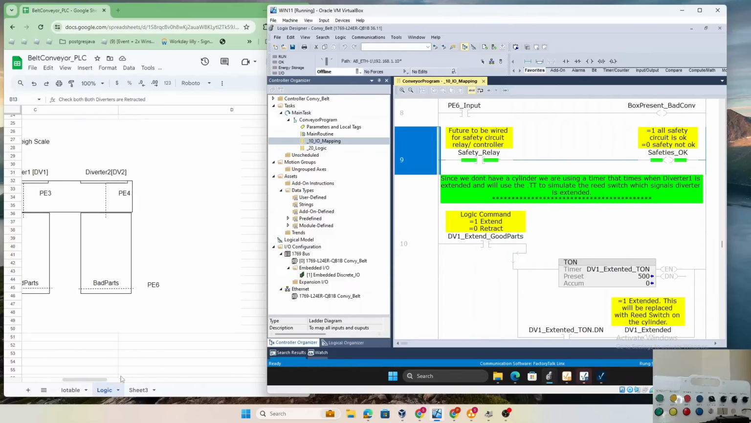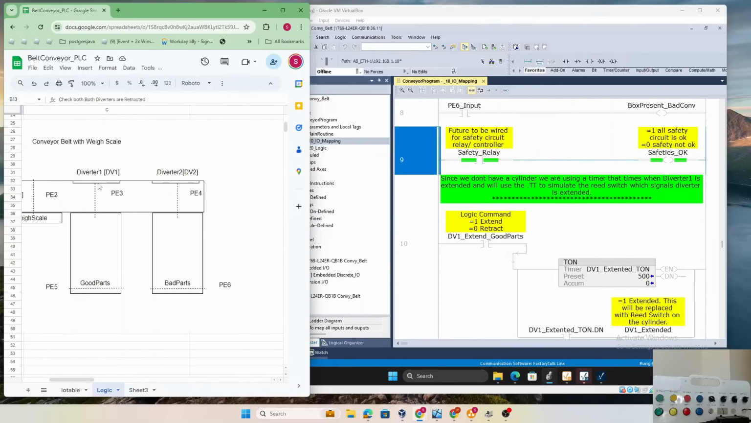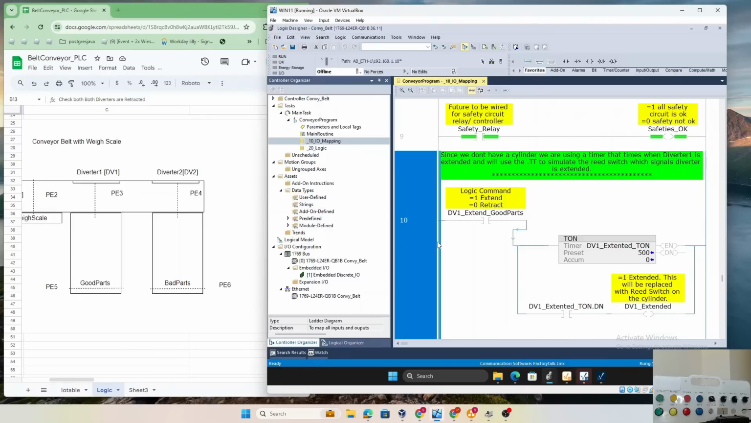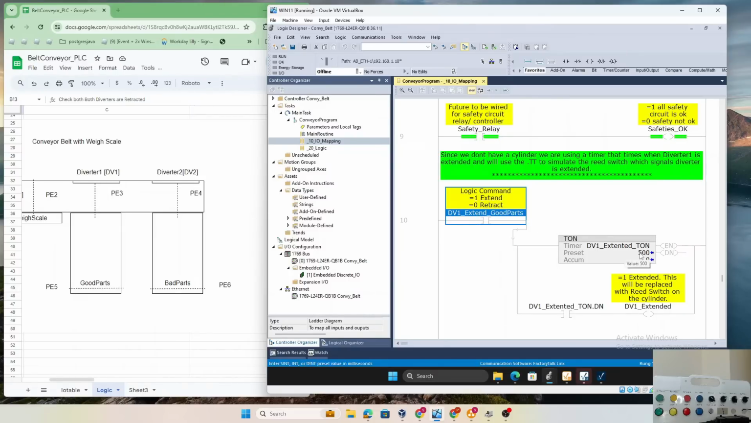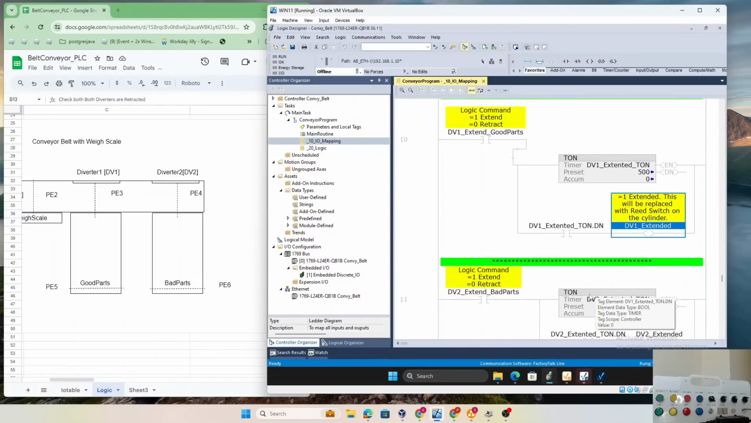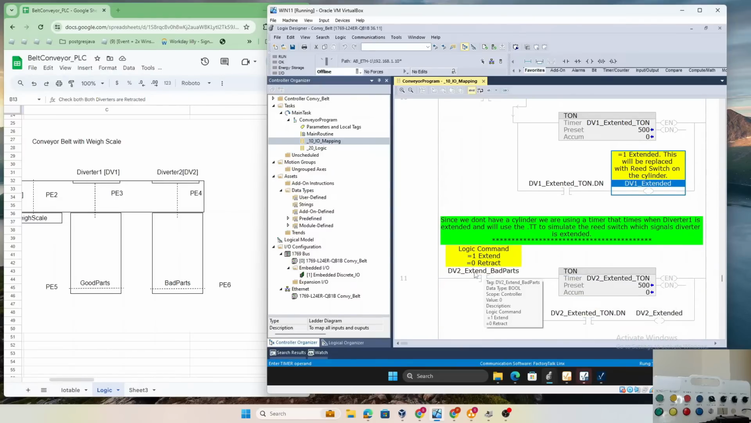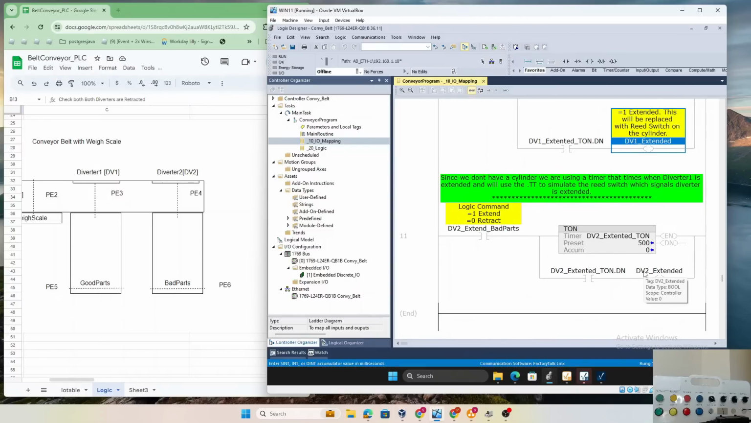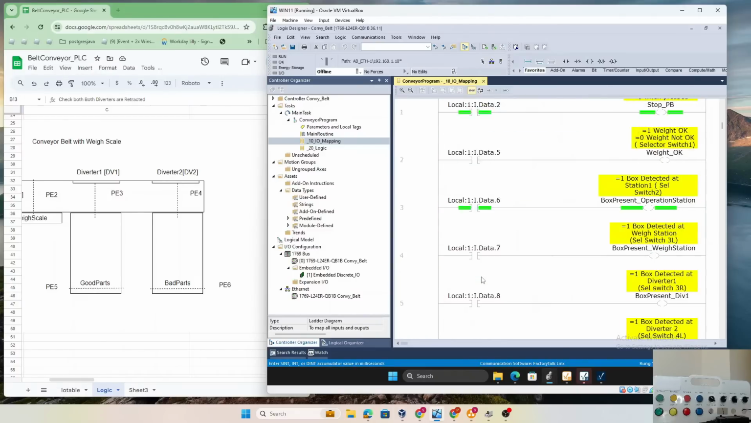For diverter 1 and 2, since these are on pneumatic cylinders, we wanted to have some kind of feedback when the cylinder extends. So I'm simulating a feedback. Whenever the cylinder gets an extend command, we wait 500 milliseconds and get diverter 1 extended. We get the same thing when diverter 2 is extended, after 500 milliseconds. So we'll go ahead and copy paste all this